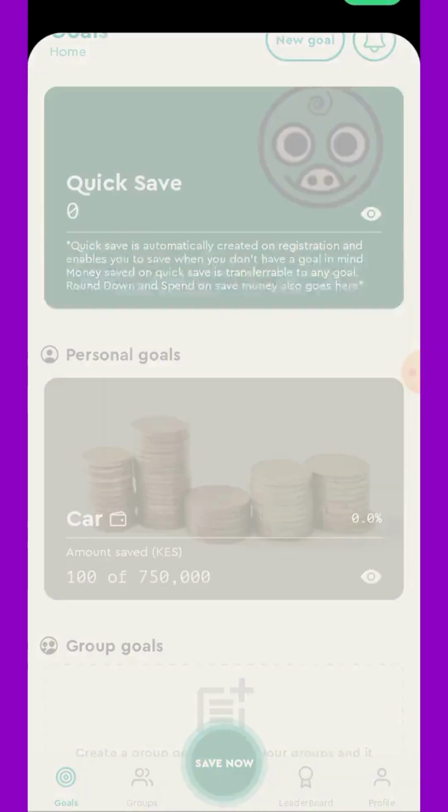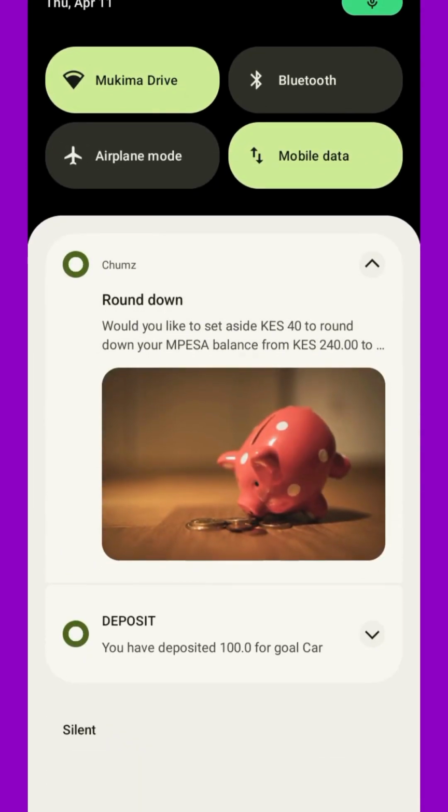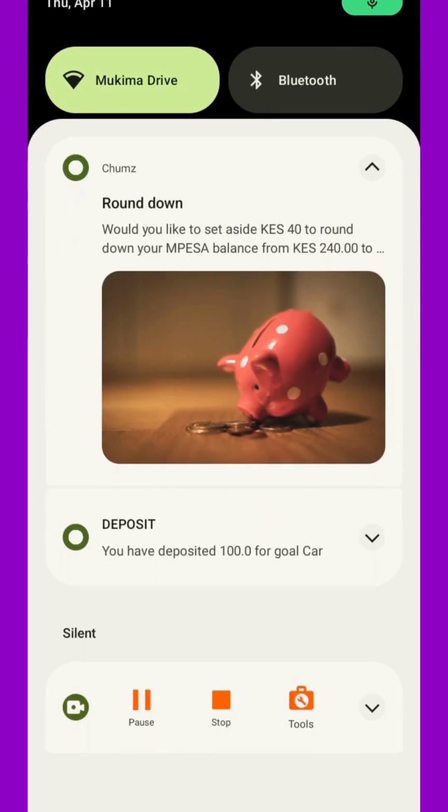If you scroll at the top, you can see the app is asking me to commit a round down. As we had highlighted, with round down, the app is able to prompt you to save based on how you are transacting on your mobile money. In this case, my mobile money balance is 240 and the app is asking me whether I would like to save the 40 shillings. If I say yes by clicking on the app,